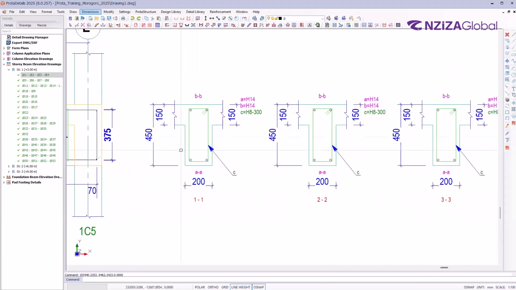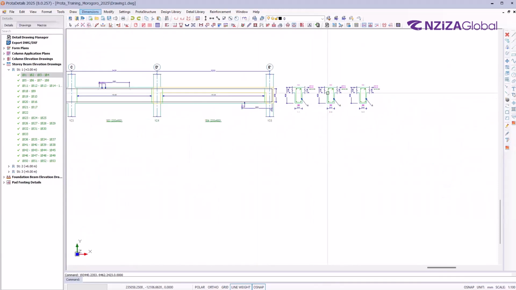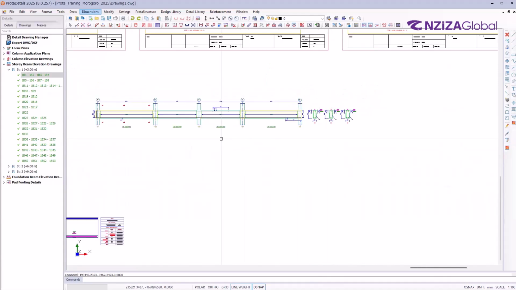Yeah, this is the section. Yes, that's true. Then,